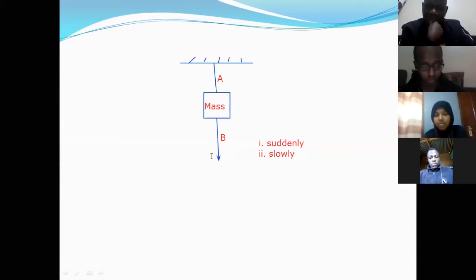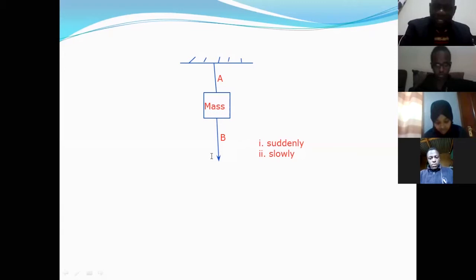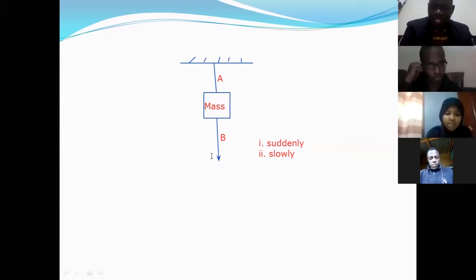B will cut because the mass will resist the change from motion or rest. She says that B, when you pull down slowly, will cut because the mass will resist the change from rest to motion. We have to understand the question. That's a good try. Remember, I've interchanged the answers we had last time. We started by talking about slowly, then followed by suddenly. So Baja has given us for the first one, suddenly. So be very careful.